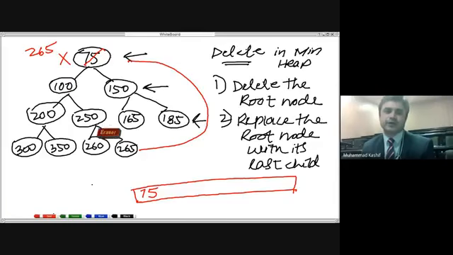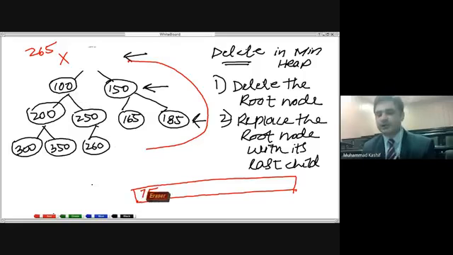If we rearrange the heap, we can see 265 is removed from the bottom, and 75 is removed from the heap and will be placed over here in a separate array. And now we are going to place 265 over here,